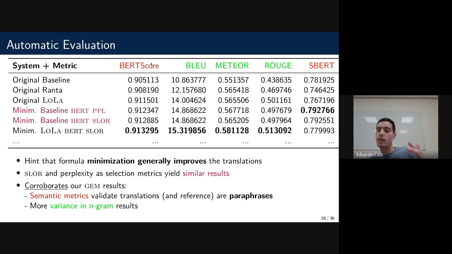BERT score has been shown not to be very good at handling, as I showed before at the beginning with the challenges, the nuances, for example, negation or the difference between and or, which is crucial for evaluating our results. Because if BERT score messes up an and or, the semantics of the text that we generate are completely different. So the results are what we expected, but still, there is something that we need to work on a